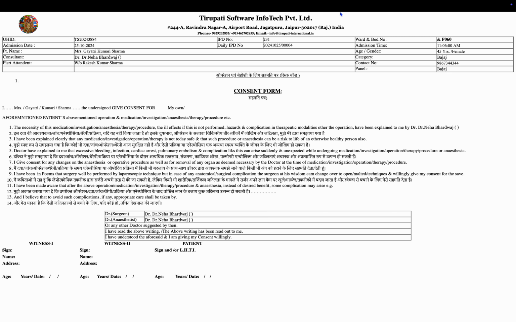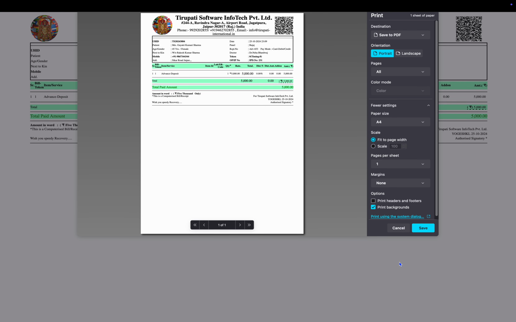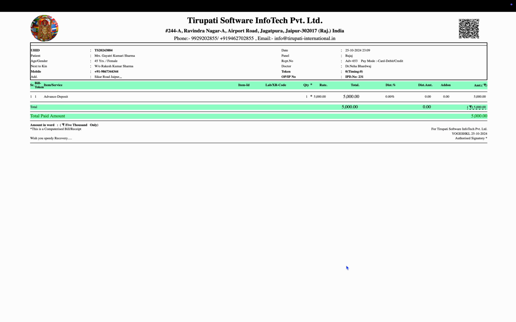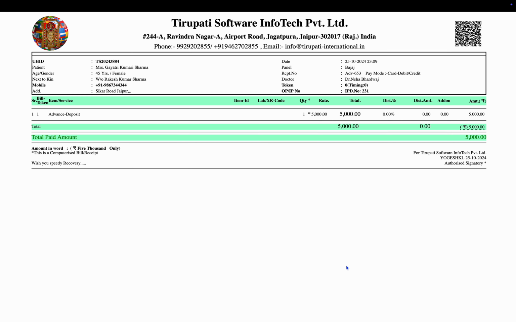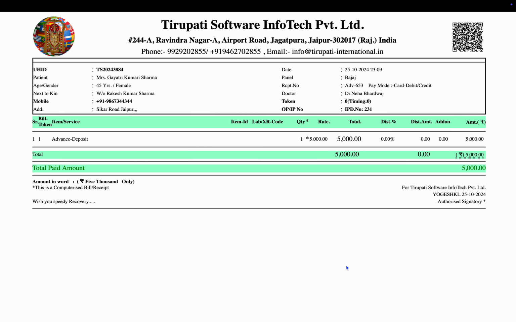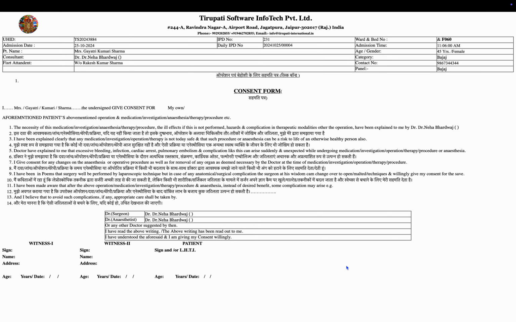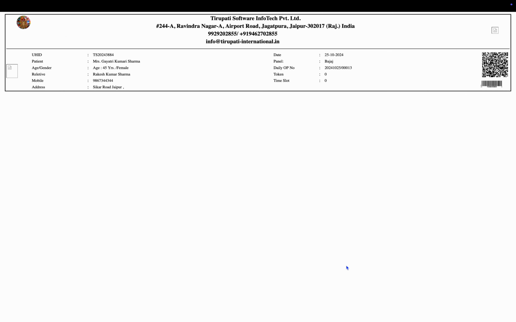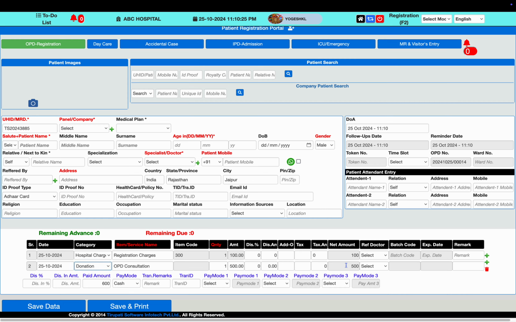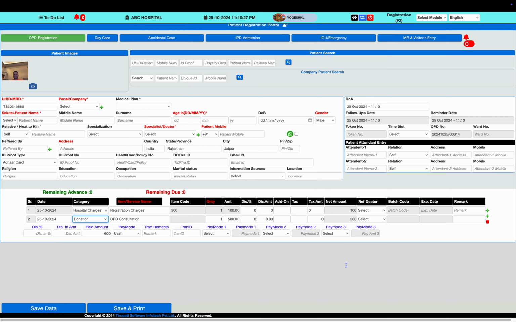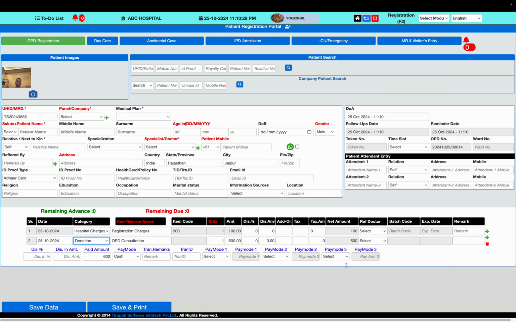Along with that you will have the patient cash receipt from the software showing how much amount has been paid. So this is the patient advance deposit receipt. This is one receipt, one patient consent form, and one patient ID card format. It can be visiting card shaped, 80 by 40 size, and can be printed at the time of admission for preparing file documentation. So this way you can prepare a patient OP or IP entry for a walk-in patient.